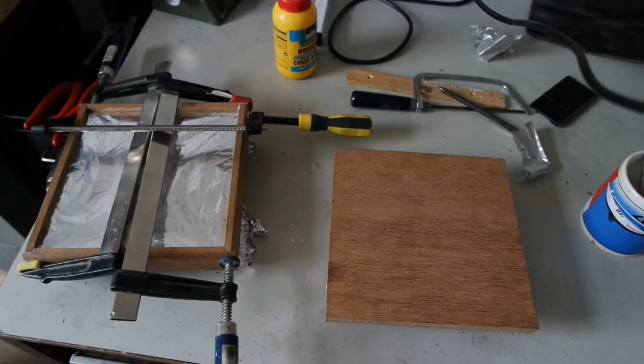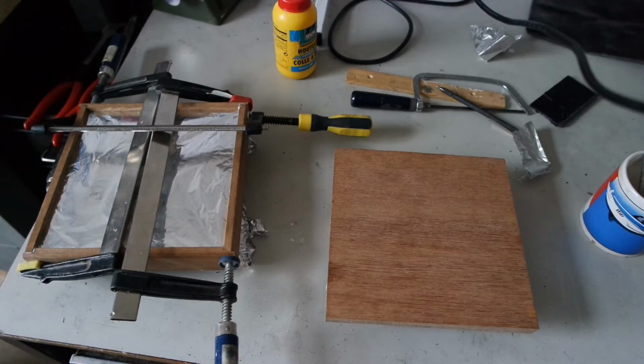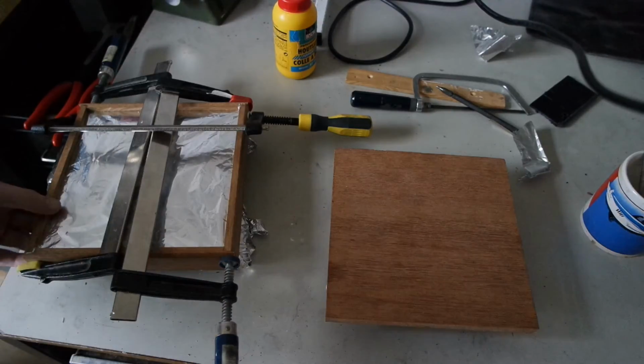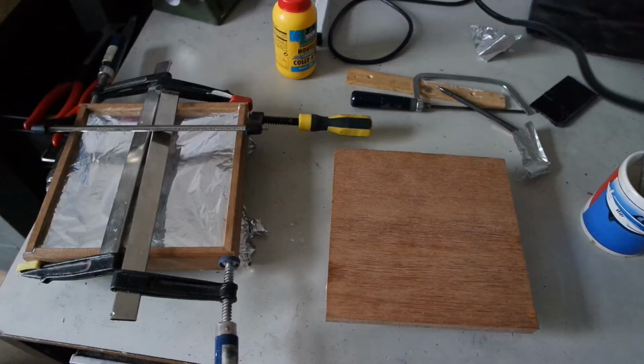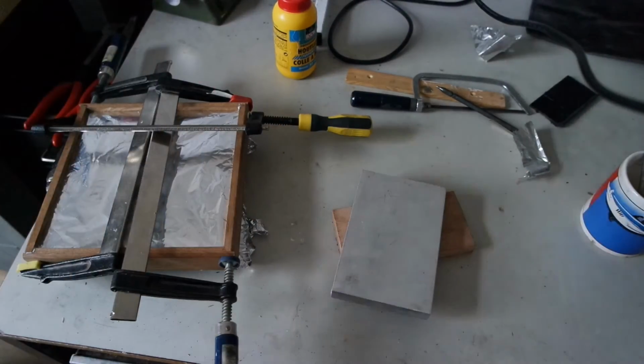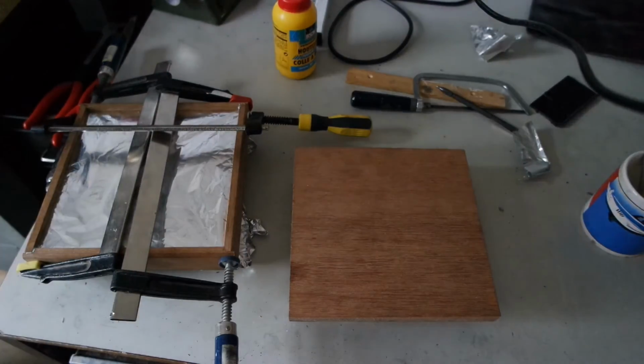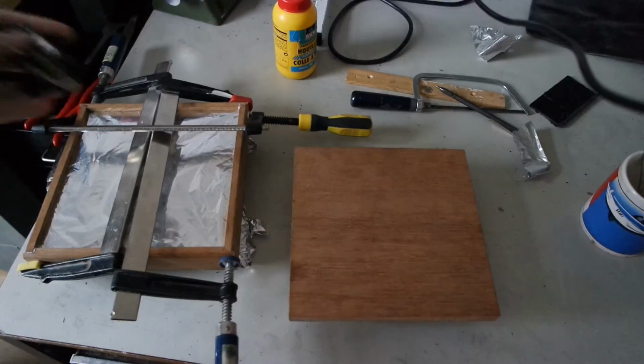The frame was a bit too tight, and I was trying to get it over the surface plate, but it was too tight and it broke. Now I covered the surface plate in tin foil, and I'm trying to glue it on the surface plate directly. Also, this board might not be perfectly square or a bit undersized. And this